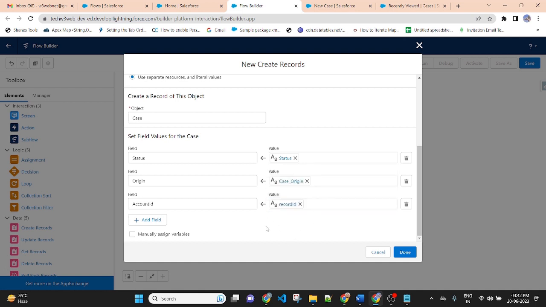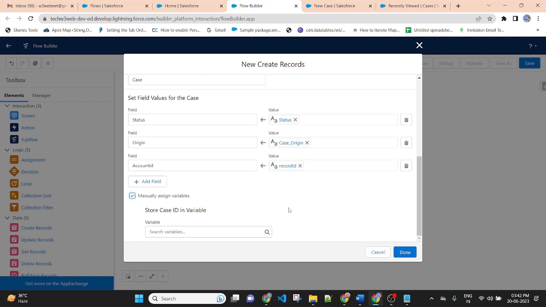So I just created a variable at the beginning of the tutorial. Then I am storing the newly created case record ID in this variable. So click on assignment, store case ID in variable.